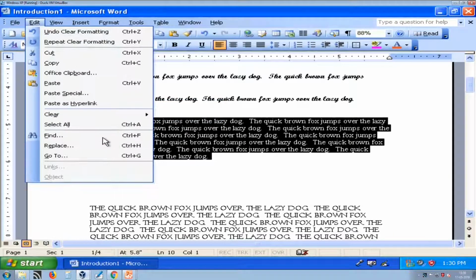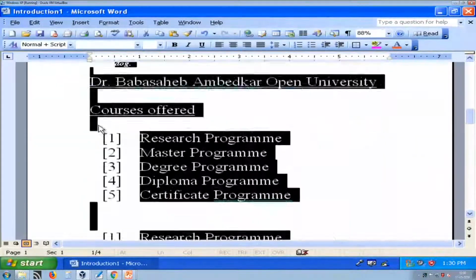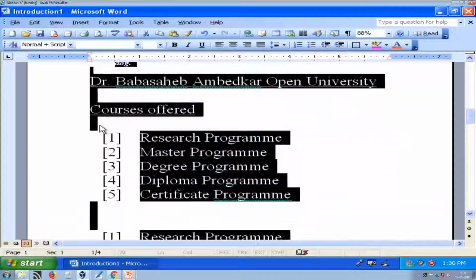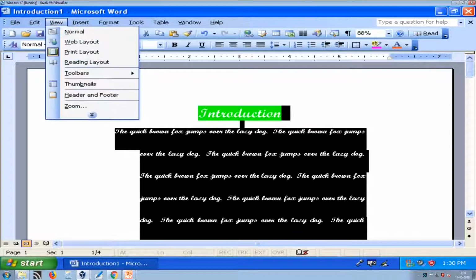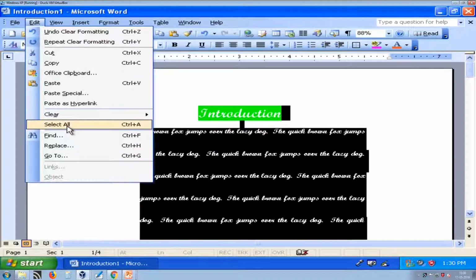So, this is how clear will work. Select all will select all the text in your document, so that you can quickly perform some operation on the entire content. At that time we can use select all.